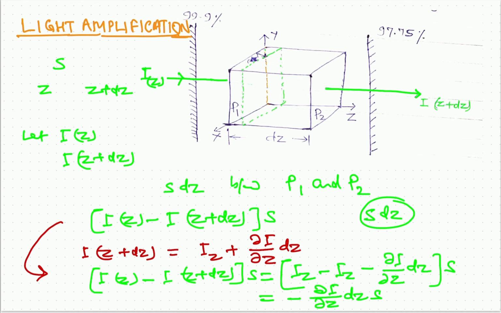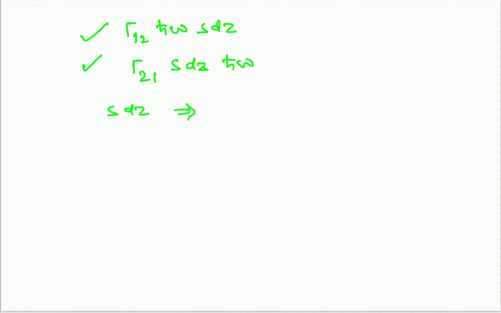This must be equal to the net amount of energy absorbed by the atoms in the volume dz into S. Therefore, the energy absorbed per unit time in the volume element S dz is given by γ12 ħω S dz. Similarly, energy released through stimulated emission is given by γ21 S dz into ħω. Therefore, the net energy absorbed per unit time in the volume S dz will be given by (γ12 − γ21)